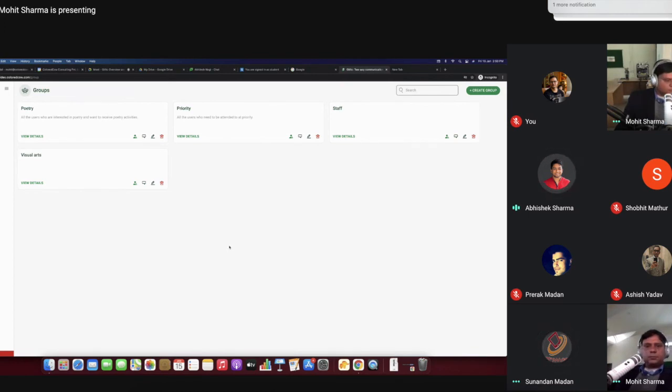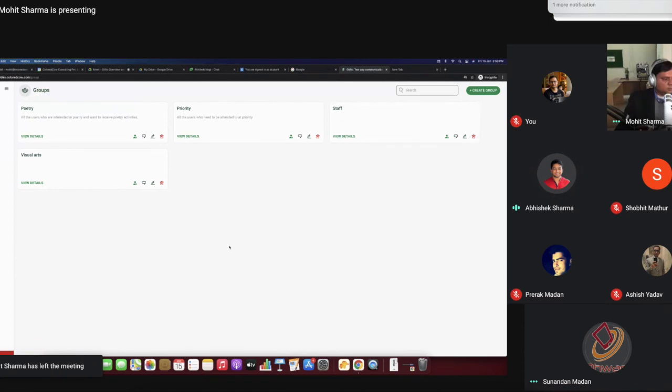You can automate it based on user response. For example, you can ask which of these options they prefer, poetry, visual arts, or whatever, and based on that add them to a group. There's a node in flows. So you can manage it through flows, or you can manually add them.